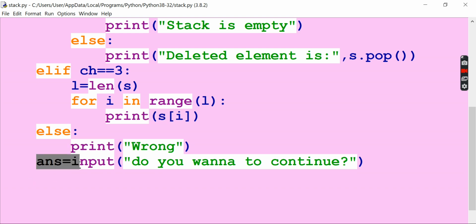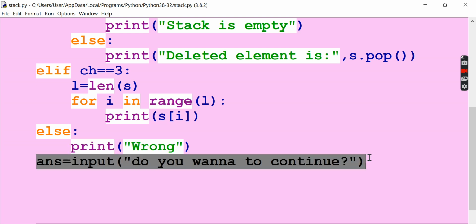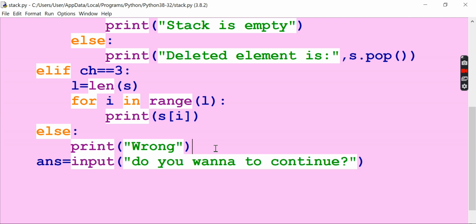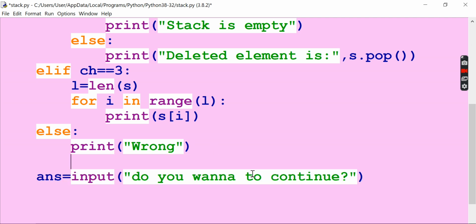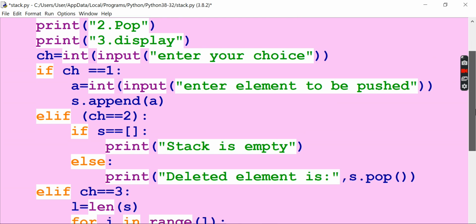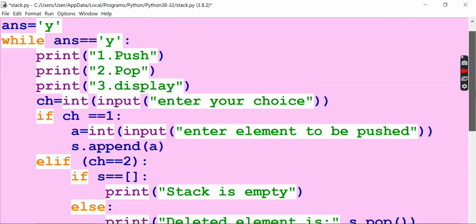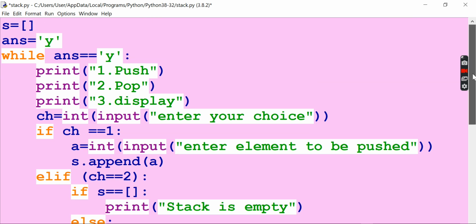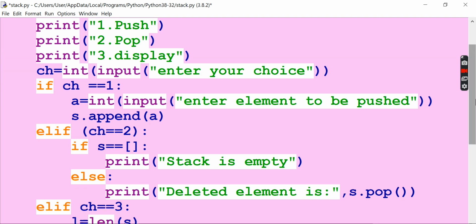And then again it will ask the question, input, do you want to continue? So in a while loop, in the last line you must give it like this. If you want to continue, then you have to press y, right? So that if we press y, then again and again this while loop will be executed. This is what